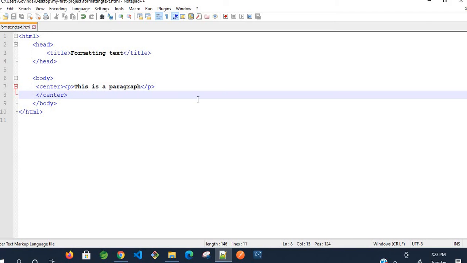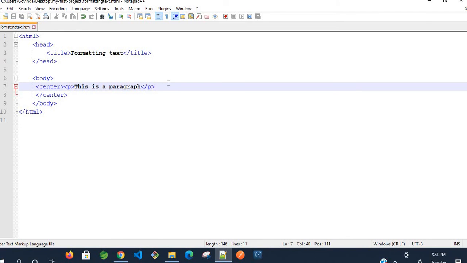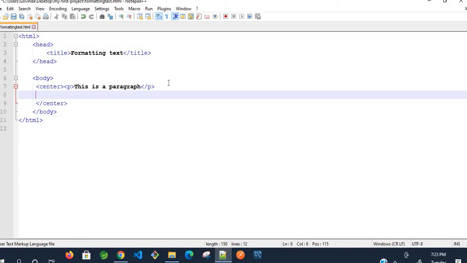Today's purpose is formatting the text. As we know, by using word processors, we use the text in different styles like bold, italic, underlined, Arial, different fonts. So many options are available in other text editors, but here by using the HTML markup language, we can style the text in different ways by using these tags. The first one I am going to use is bold. B for bold means this is going to display the text in bold format.